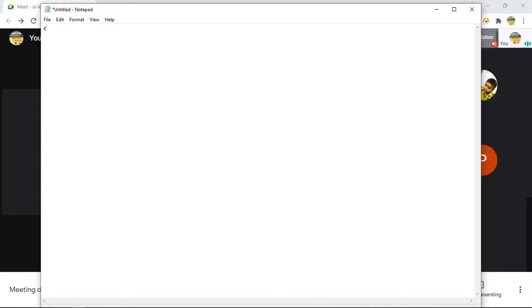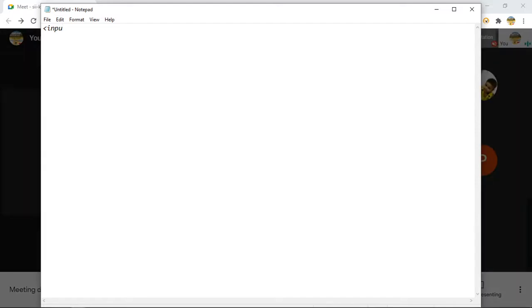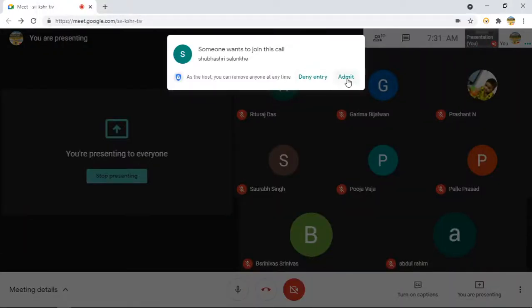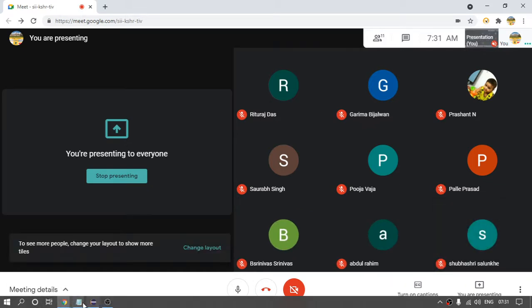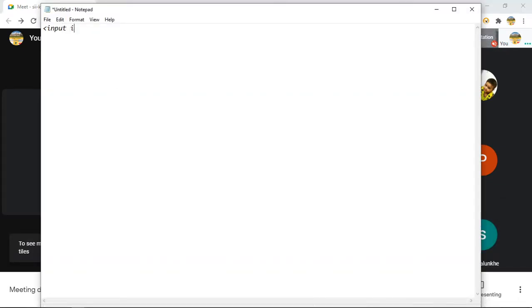So suppose this is the HTML line. Let me write it: input. Suppose this is the HTML line for a web element, a button.